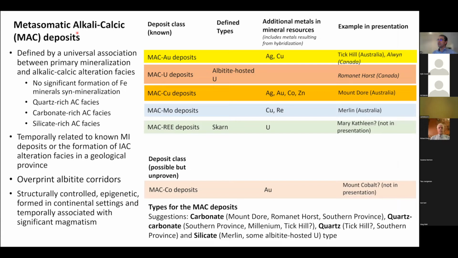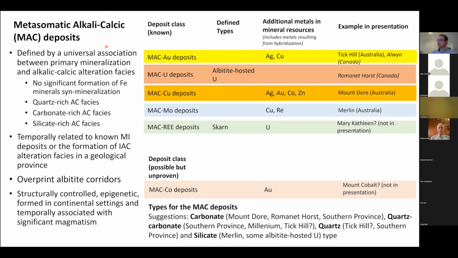For the metasomatic alkali calcic deposits, this group is much less well constrained than their iron-rich counterpart. Their association with these metasomatic systems hasn't been as well constrained as the other group. We know they are related to these metasomatic systems because of their age, their relationship with zones of sodic alteration, and their close spatial association with their iron-rich counterpart, but they haven't been as well recognized as the iron-rich ones.